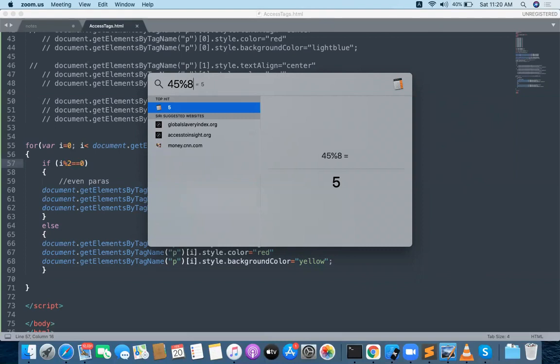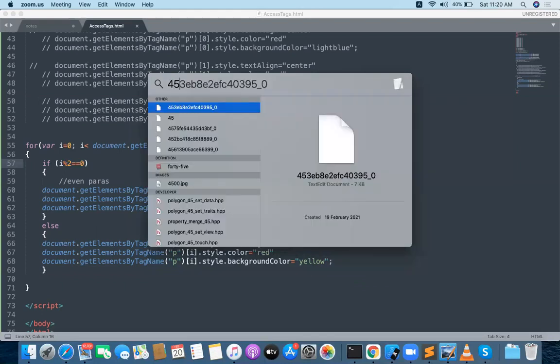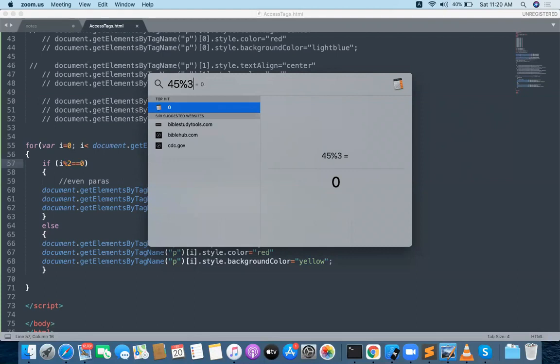What is the remainder? 5. So the percent operator gives the remainder. Okay. 45 % 2.